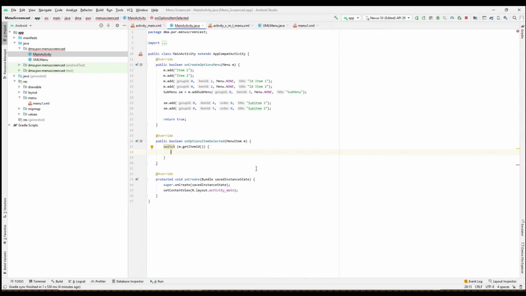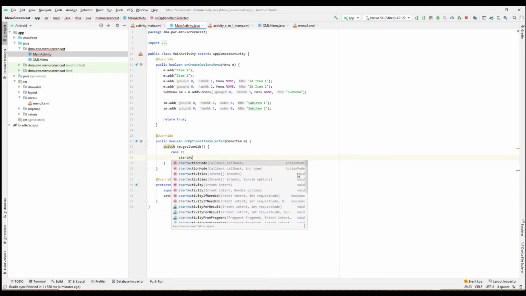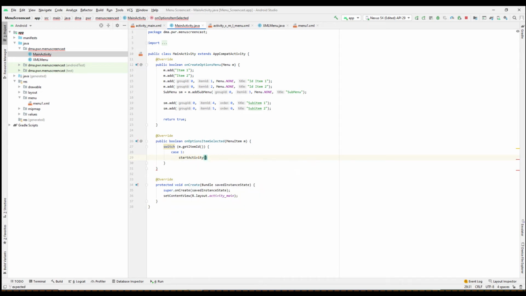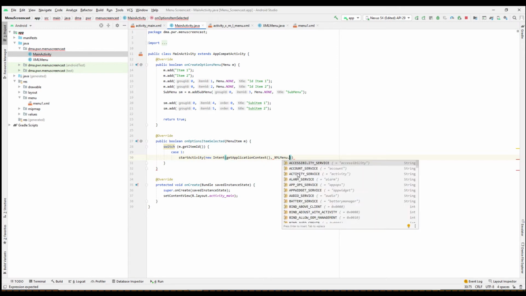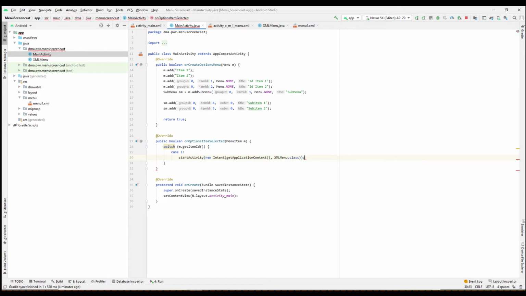Now there is a crux here. In our case it's fairly simple because our item IDs are 1, 2, 3, etc. So we can say just case 1, then start activity, new intent, and our new intent is get application content, this one, and it's XML menu class, and then break. Well, then actually return true,